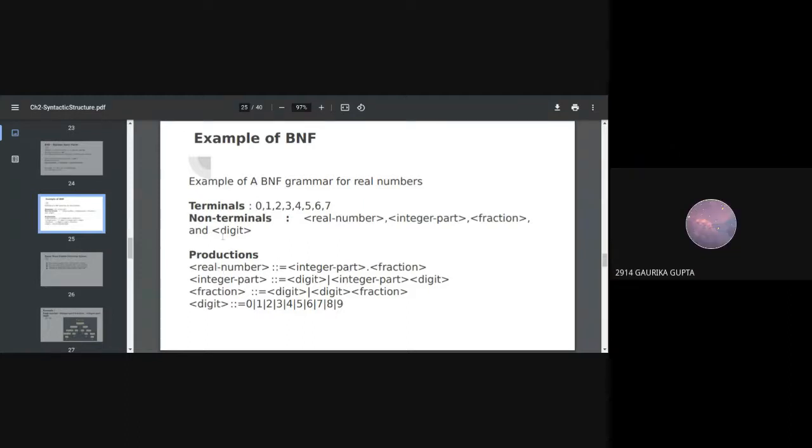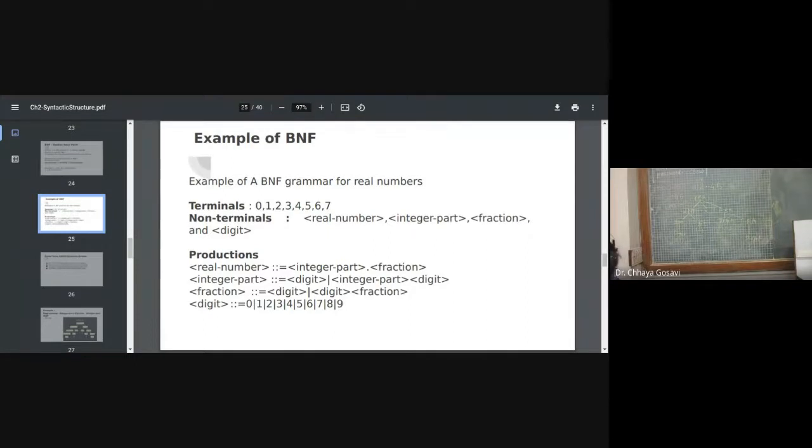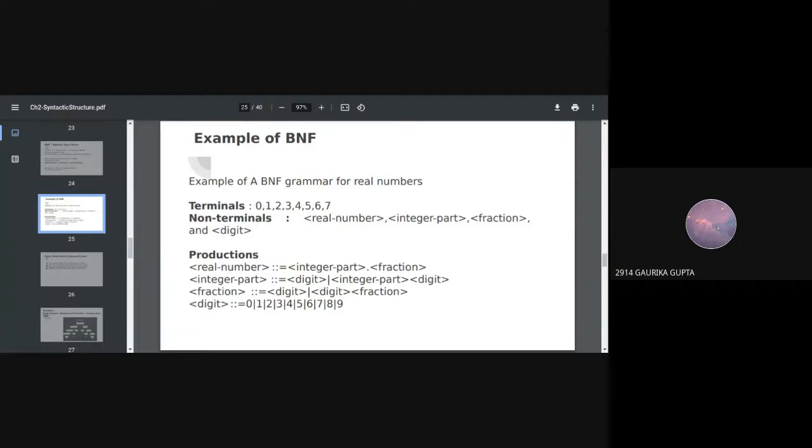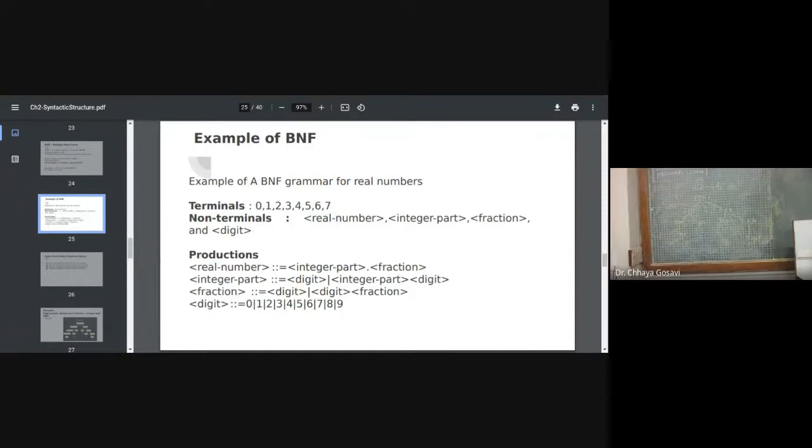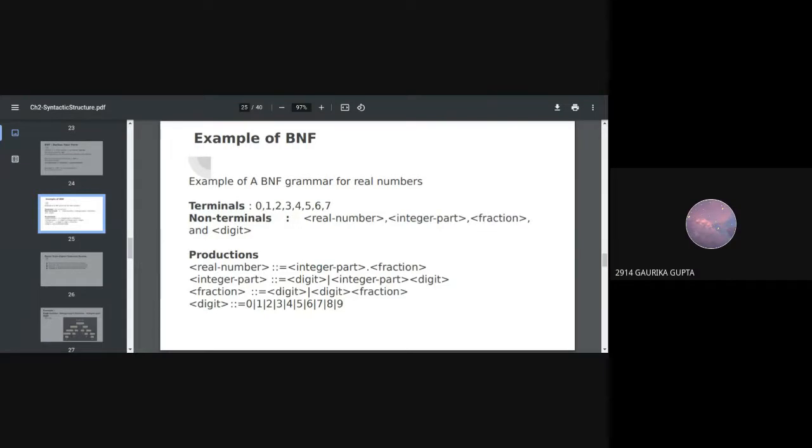Ma'am, I have one doubt. Yes. Ma'am, in the Indian system of naming, we use commas, like 10 lakhs, comma, 10,000, comma. So the compiler won't understand those commas. Correct, it won't understand. In a programming language, whenever you assign a value to a variable, we don't use commas. So what if the input has commas? You have to write a function which will convert that string into integers. Okay, ma'am. Thank you.